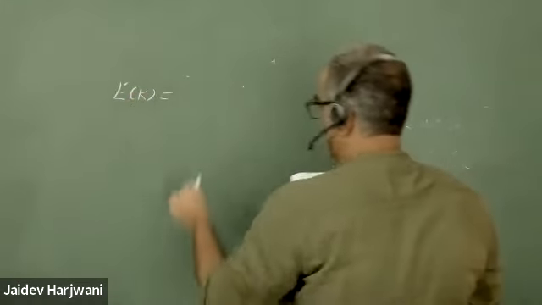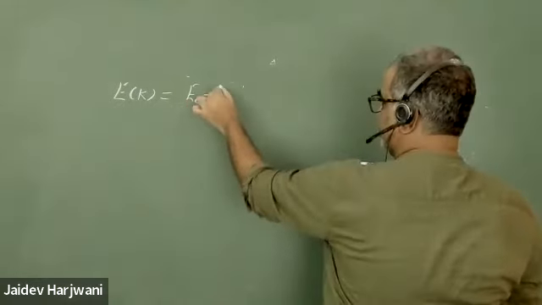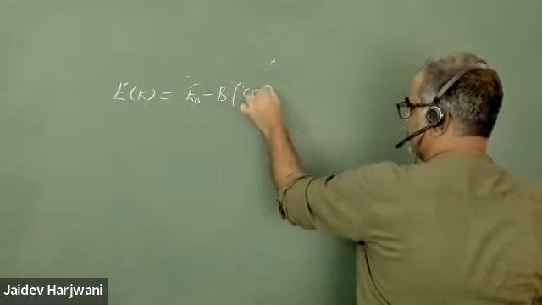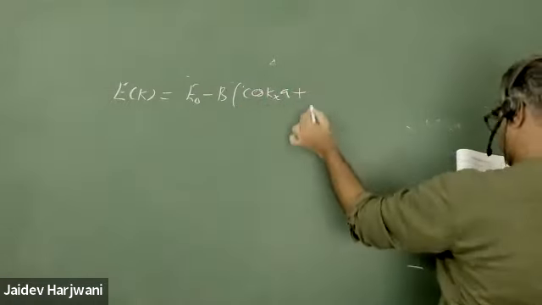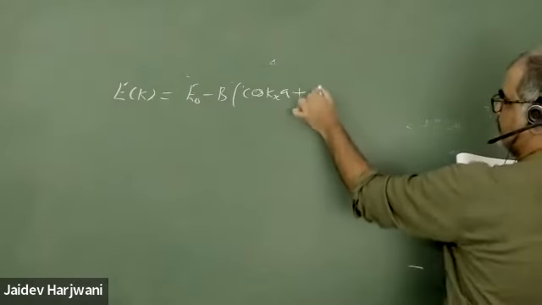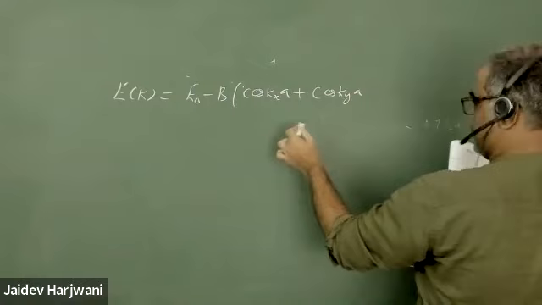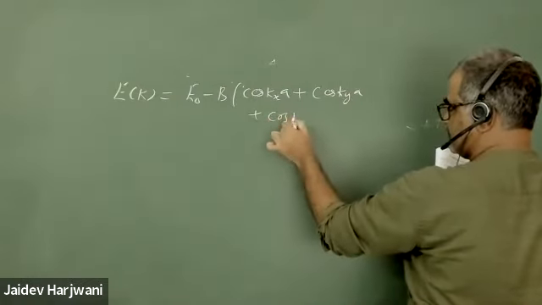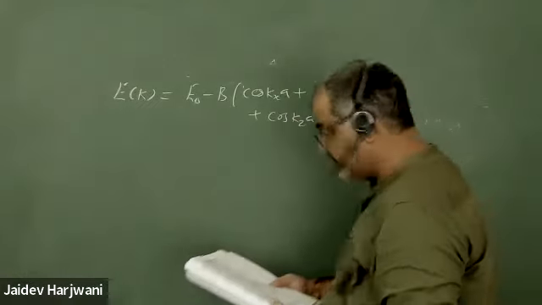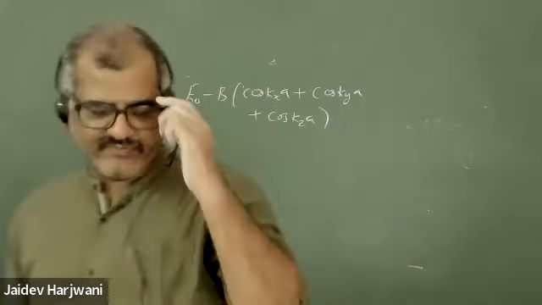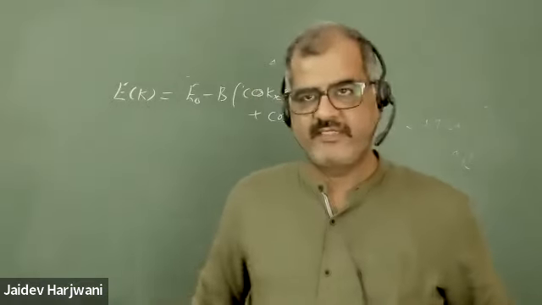Okay, this is E naught minus B cos kxa, okay, plus cos kya, okay, and plus cos kza. Okay, this is the E-k curve given, and this type of expression we get when we do the tight binding